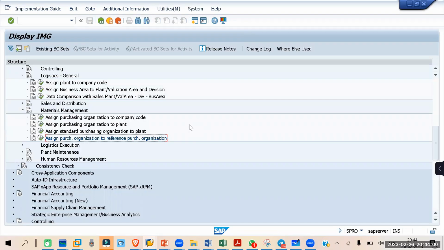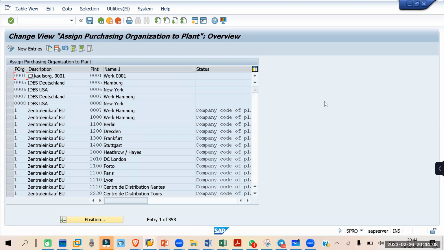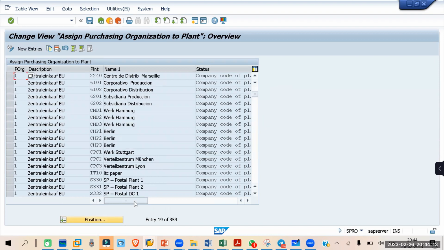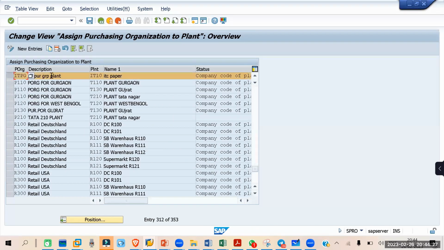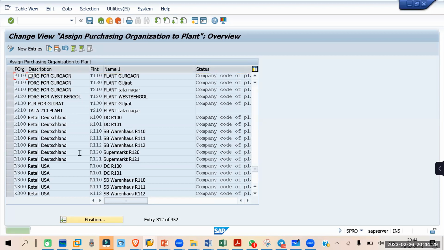Okay, go back to here, and let's say the purchase organization assigned to the plant. For your understanding, for example, we can stop it here. Let's say this one is deleted. Okay, so this is deleted. Now save it. So now if we go to the purchasing screen,